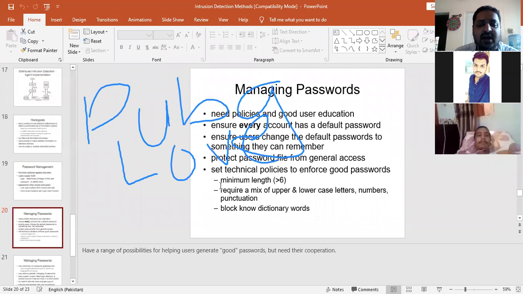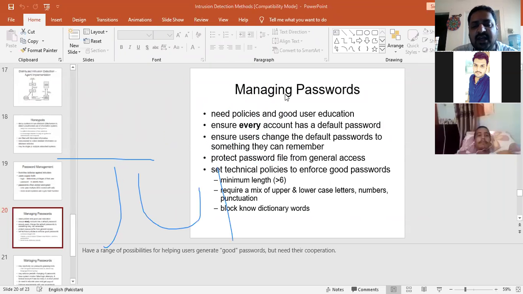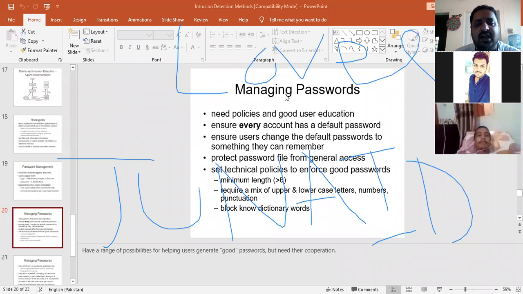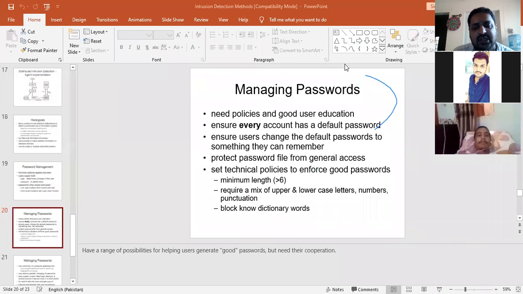Either we can keep using that password, or we can update it at a particular time, and after that time we ask the user to update the password. So these are the different policies which are defined whenever we define the passwords. So in this way we can manage the password. So the intruder